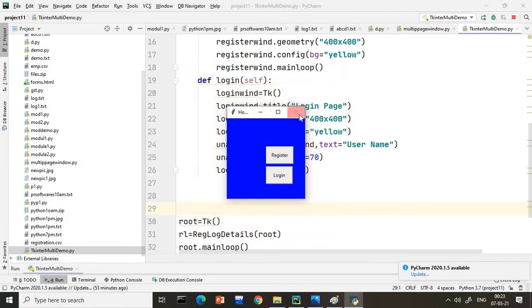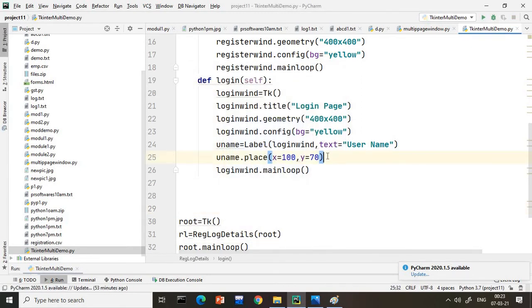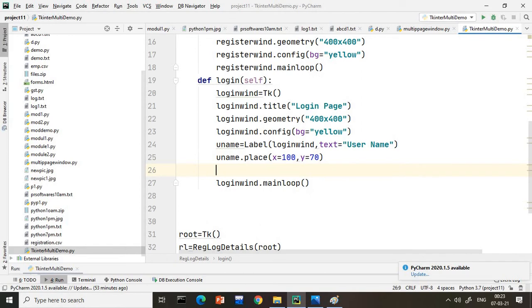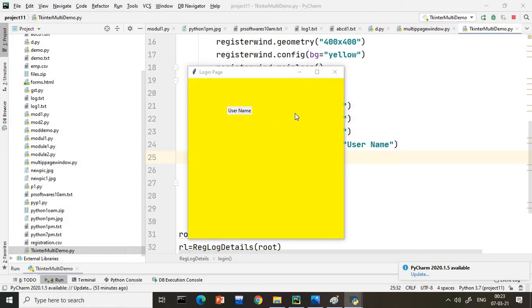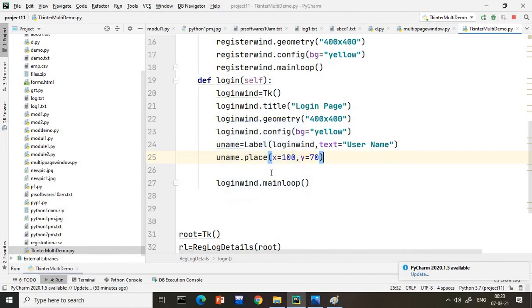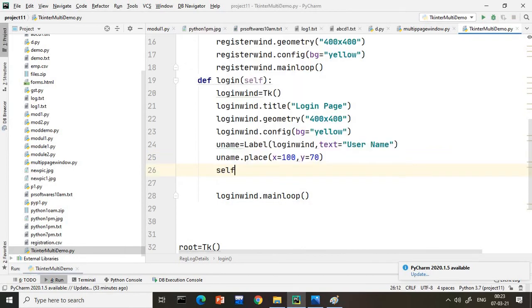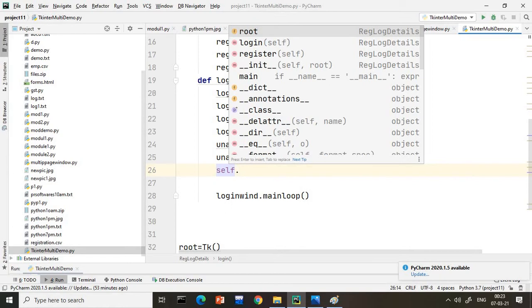Okay, now what I want is one entry box here, but actually here very important, self we have to use. Now you will say, sir, why self? Because when I click on this login window, observe very carefully guys, I will enter my text here, and this text should be read by another file. How, we are going to tell, but you remember one thing, whenever you are creating an entry box, you should write self here.